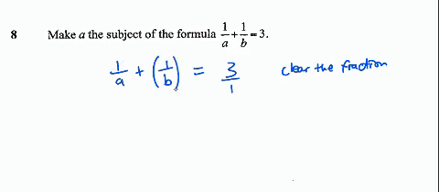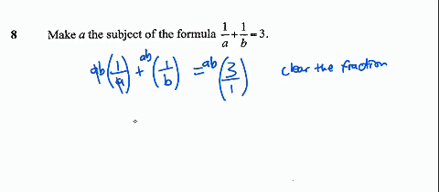The common denominator of a, b, and 1 is ab. So we multiply by ab throughout, everywhere. A and a will cancel each other, b and b will cancel each other, then ab times 3, there is nothing to cancel because we have 1. So b times 1, that's b, a times 1, that's plus a, ab times 3 equal to